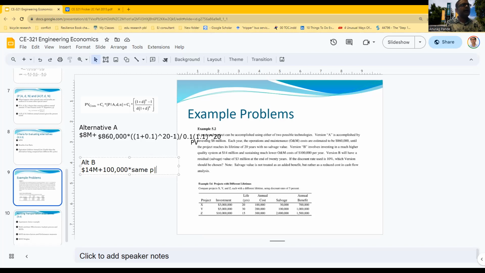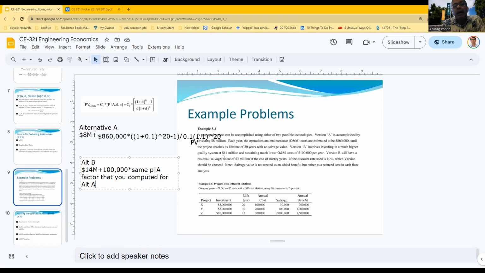P given A factor that you computed for alt A, right? So you can multiply that 100,000 with the same P given A factor, and you got this, right? But now